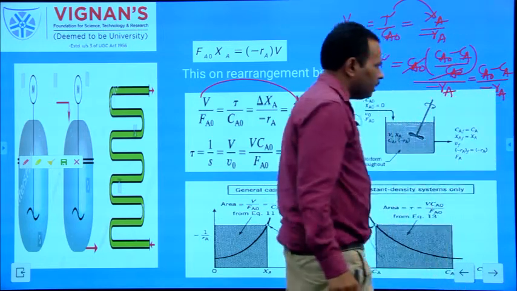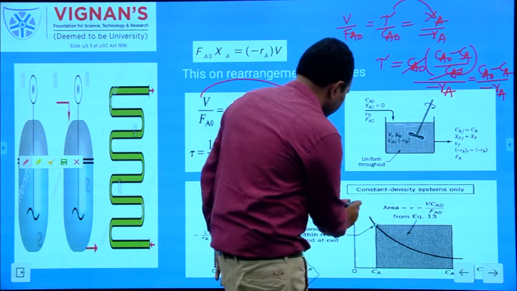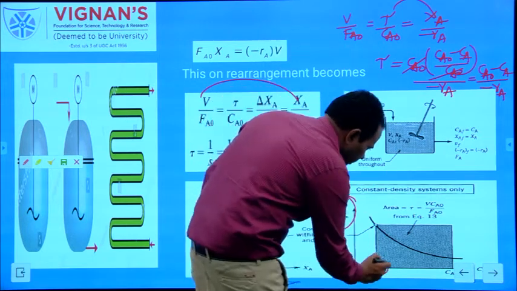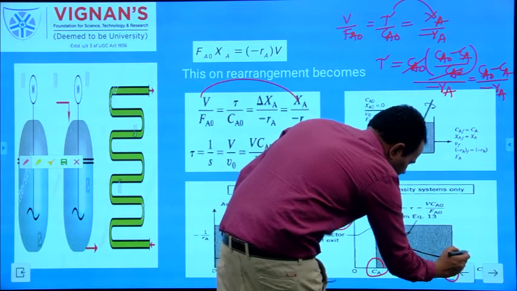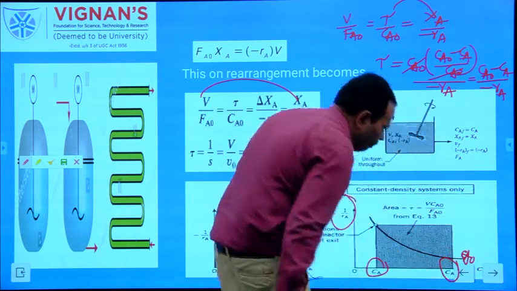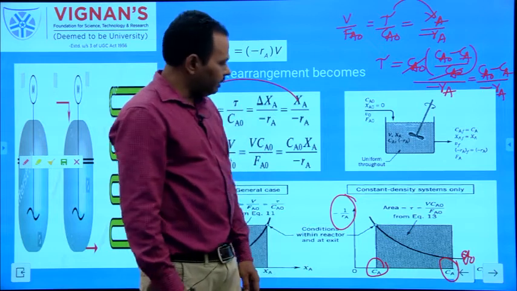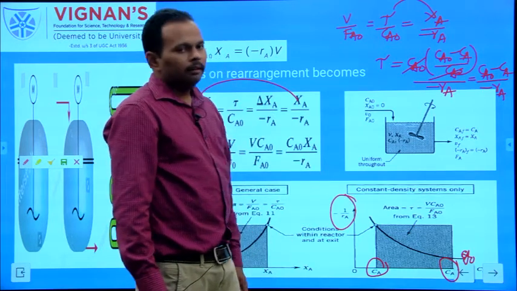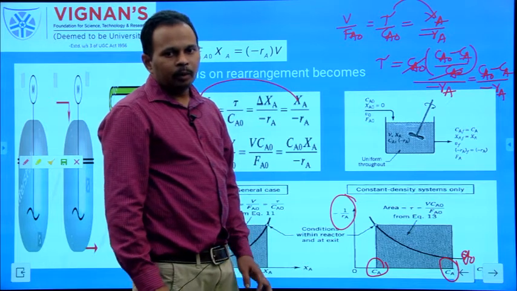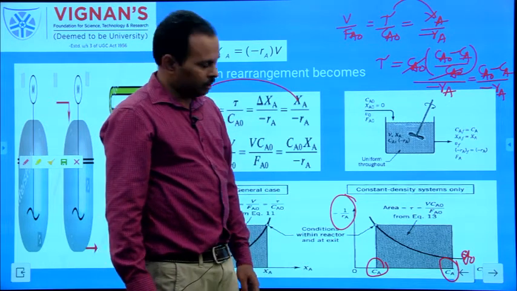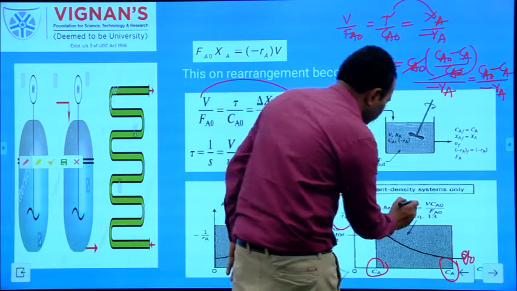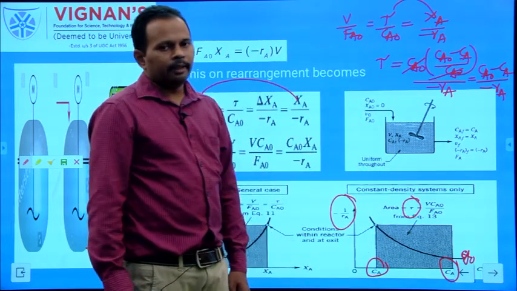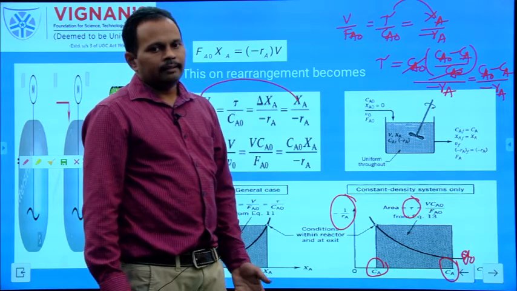Now again the plot. Take 1 by minus RA on the y-axis and the concentration CA on the x-axis, and this is the CA naught. Now plot the graph. Since the integral is not there on the right hand side, while calculating the area we need to take both portions, upper portion and bottom portion. That gives the area tau. Tau is the MFR time required to obtain the desired conversion, XA or CA.